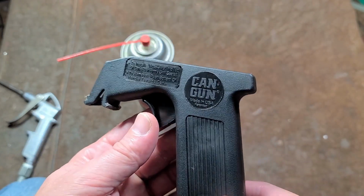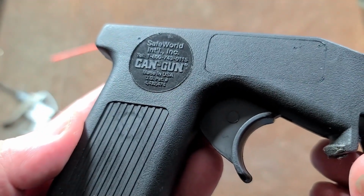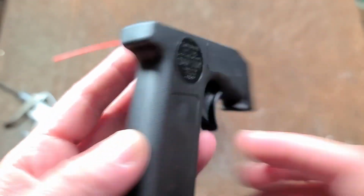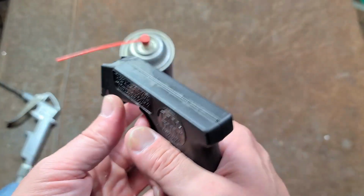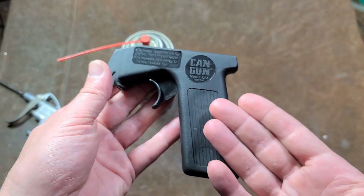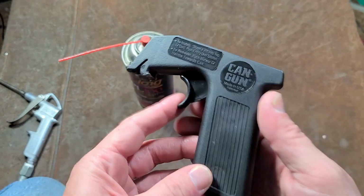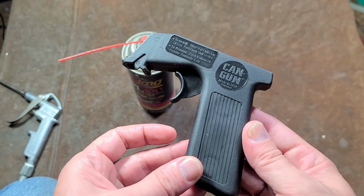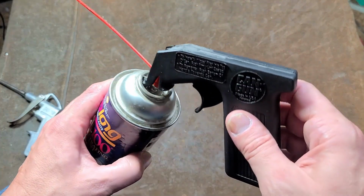It's one of the few American-made products at Harbor Freight, and apparently this one is made, well, it just says made in the USA, but real simple. Feels like polyester. This is not like glass fiber reinforced nylon. They apparently do have a premium model, which has like a big wide hand trigger on it, a more ergonomic handle. But this thing's only $4 at Harbor Freight, so it's like one of the rare American-made products